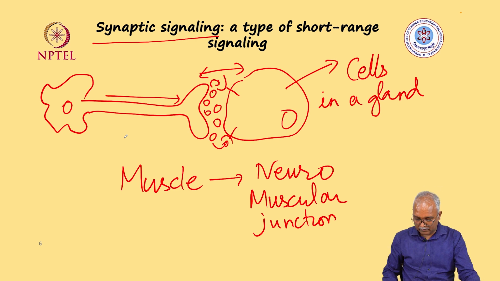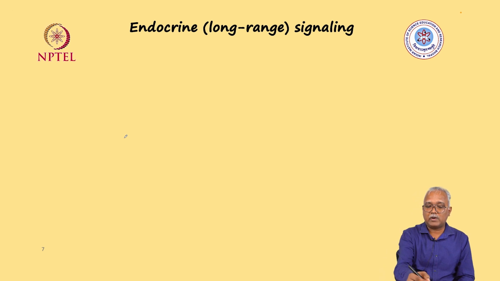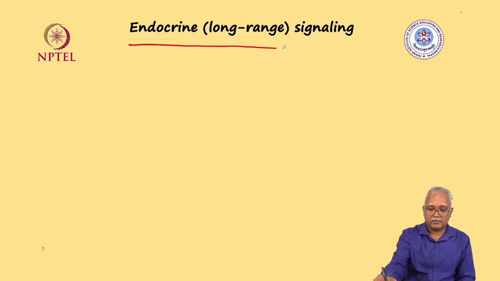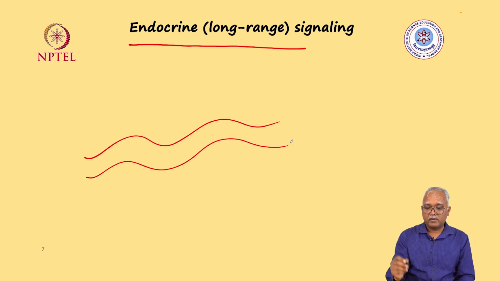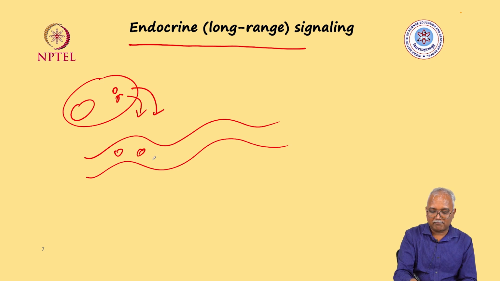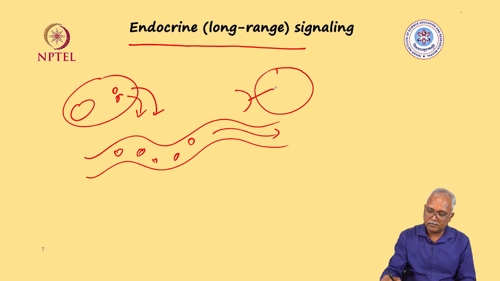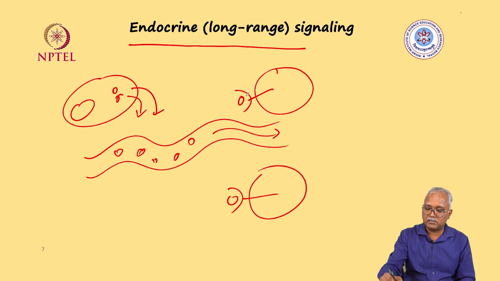Now what else can happen with the signaling is that when it comes to long range signaling, I have already told you, I am trying to explain this in context of the endocrine signal. So I already drew this image. Over there we are trying to understand the long range signaling. Basically the same thing applies here. You have an endocrine cell which will make secretion. It will travel into the blood vasculature and travel to a distance where you will have a target cell which will bind to these signals. These receptors will bind to the signal and do the signaling.